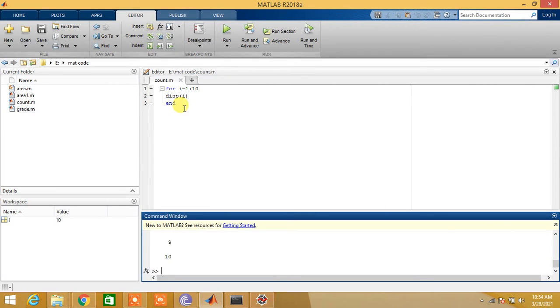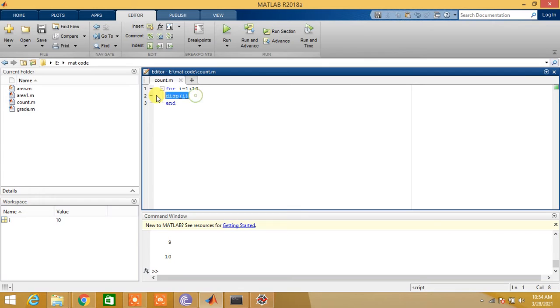So what if we want to display only even numbers and not odd numbers? So we use if mod of I comma 2 is equal to 0.